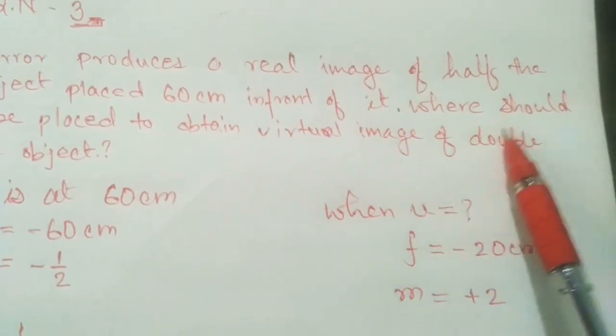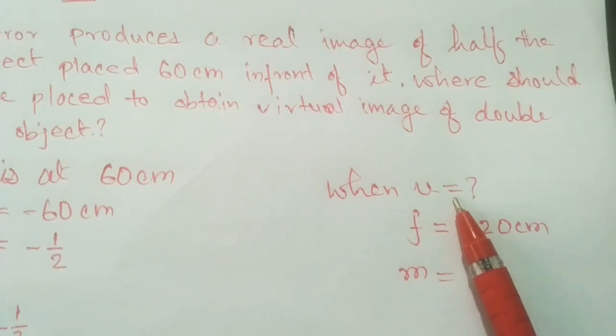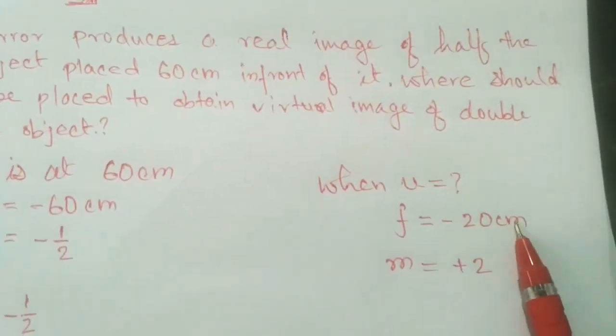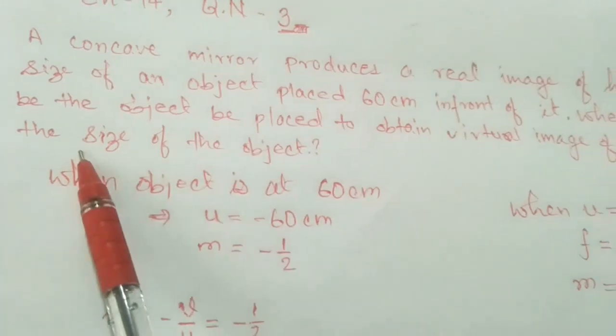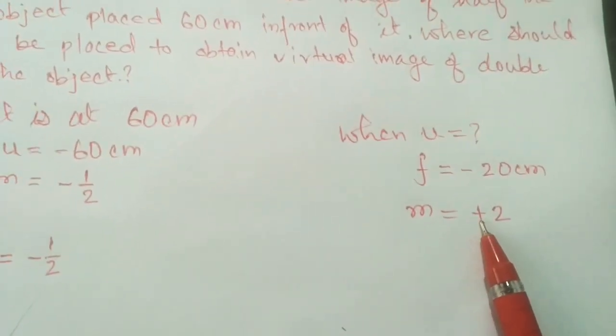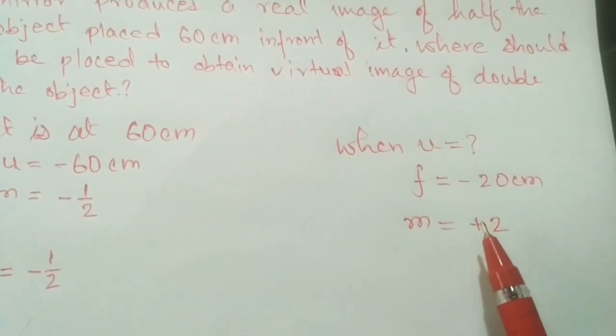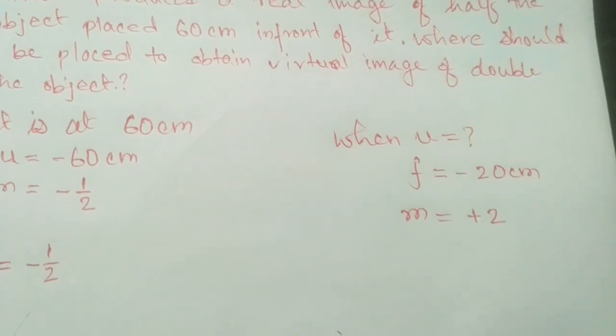Let's go to the next half of the question. It asks where the object should be, so u is equal to question mark. We have calculated the focal length of this mirror, that is minus 20 centimeter, and the image is virtual and double size. Virtual image means positive m and double means 2. So whenever the image is virtual, m will be positive. So using this,